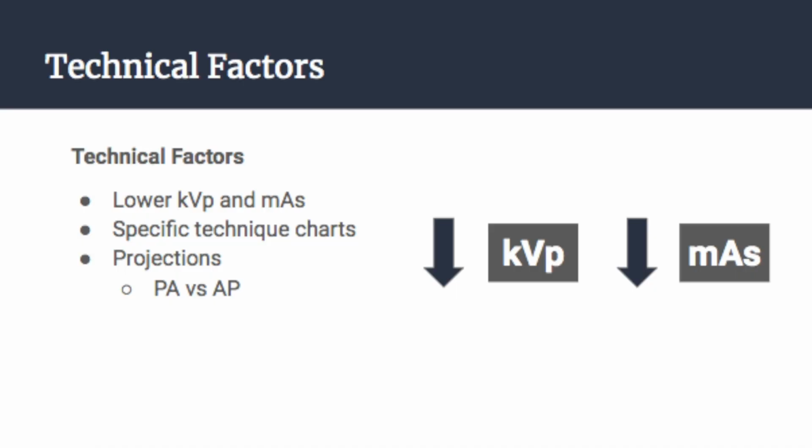Additionally, pediatric imaging units have specific techniques set for pediatric patients. The technologist must use a lower KVP and mAs because pediatric patients are smaller than adults and you do not need as much technique to penetrate the part. Attempting to use PA views instead of AP will also reduce exposure to breast tissue, gonads, eyes, and the thyroid. Shielding, specifically the gonads, is extremely important when possible on pediatric patients to prevent unnecessary radiation and to abide by